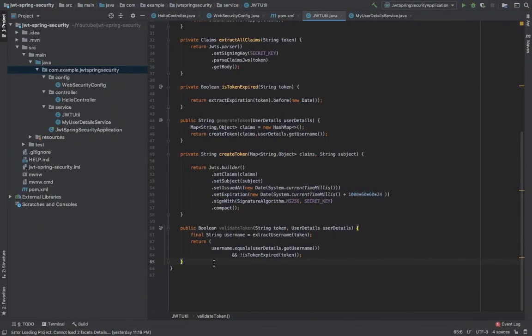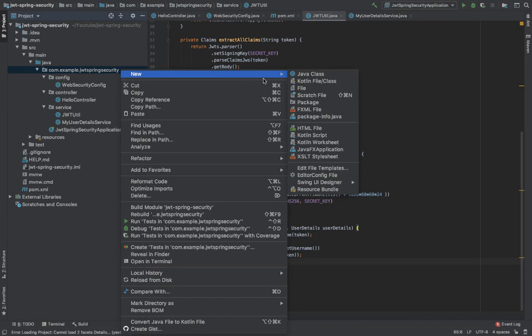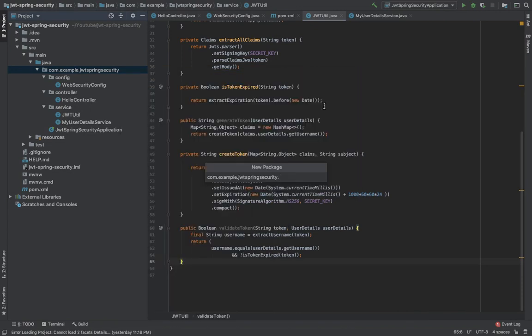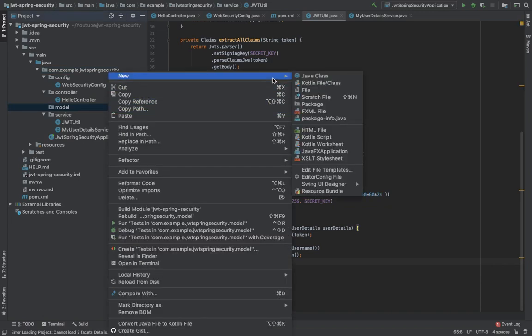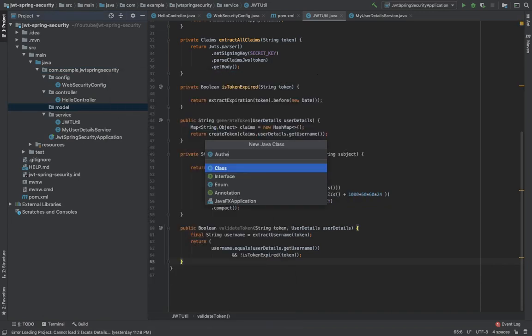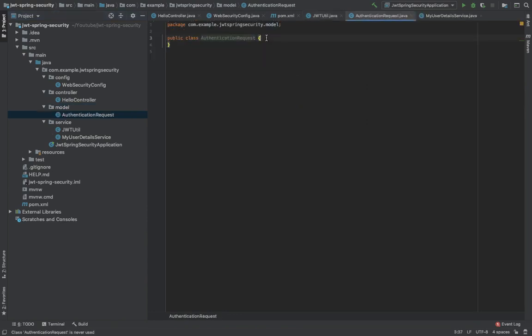So let's create the endpoint. But before we create this API, we have to define the classes for request and response. So let's create these classes inside a model package. The request contains two variables, username and password.